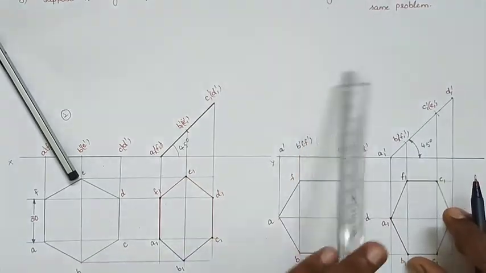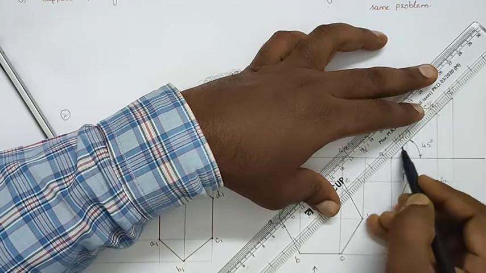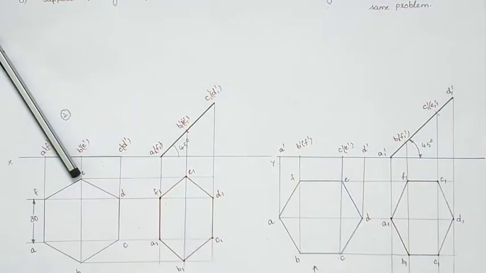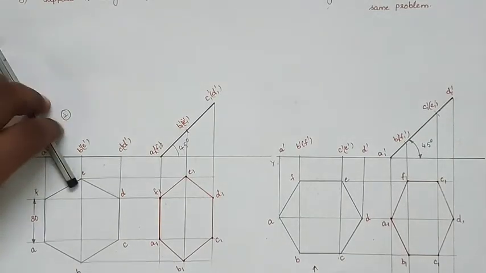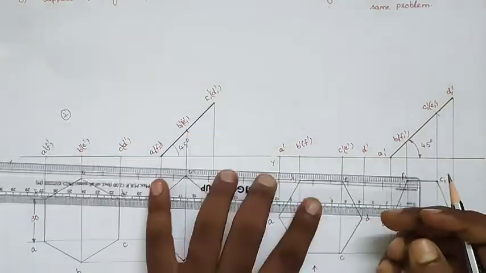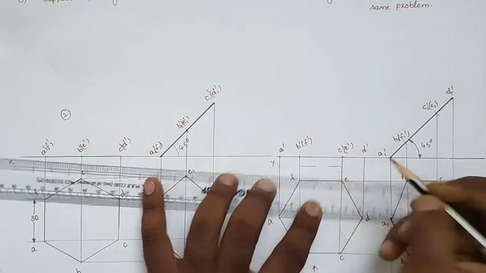This second top view and second front view we also make thick. So this is our required diagram. After constructing the diagram, we will draw the dimensioning also. I mentioned this dimension, so this dimension should be 30.